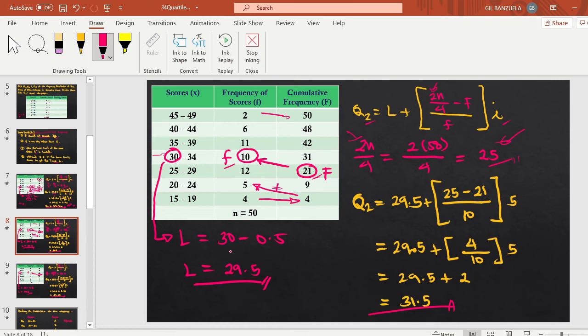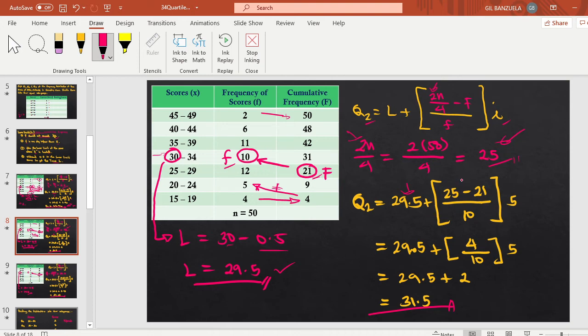And of course, we don't just need a lower limit, we need the true lower limit. So we're going to get that by subtracting 0.5 from the lower limit 30, then we will arrive at 29.5. Then we're going to plug that into our formula. So therefore, quartile 2 is equal to 29.5 plus a quantity of